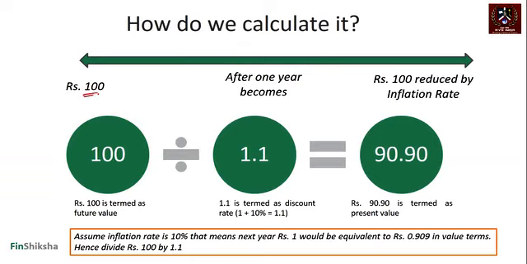Now let's say you have rupees 100 today in your hands. After a year, rupees 100 would become lesser than the actual value of rupees 100 because inflation typically is positive, right? So inflation values will go up, and because of inflation values going up, the value of money will go down. So if you today have 100 rupees with you, what you can buy with 100 rupees today, you will not be able to buy the same with only 100 rupees next year. You will need more money, right? Now, how much is the value worth after 1 year? Let's assume that inflation rate is 10%, right?